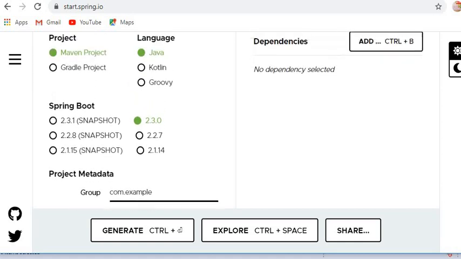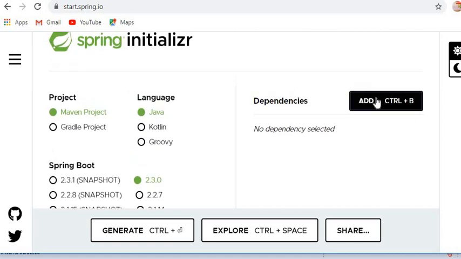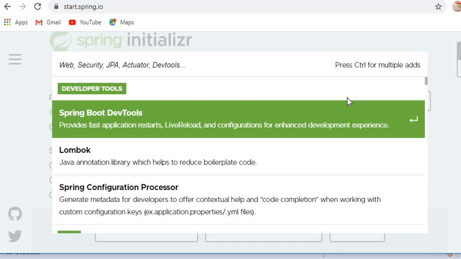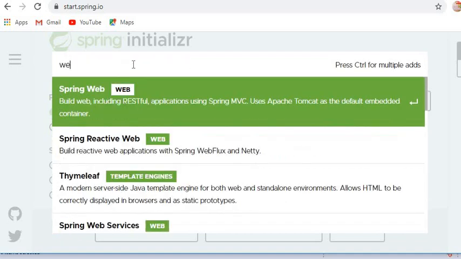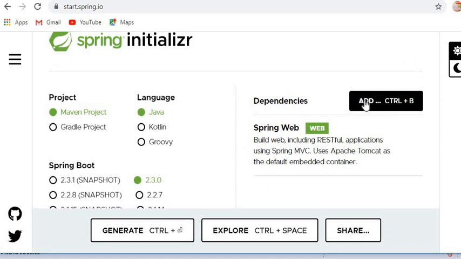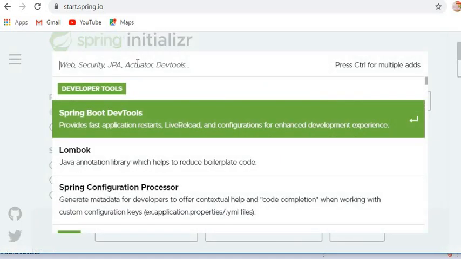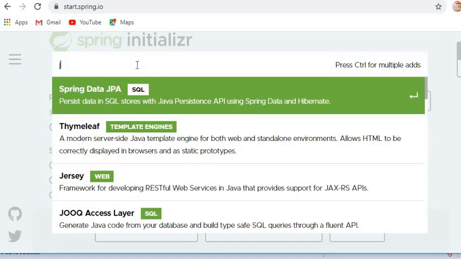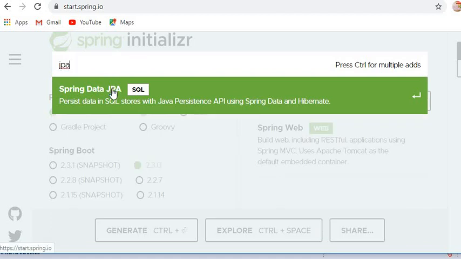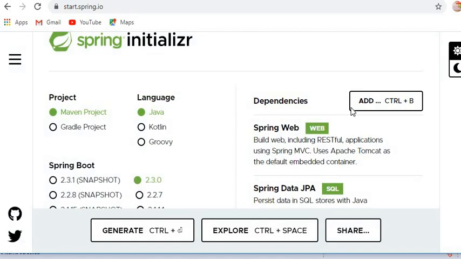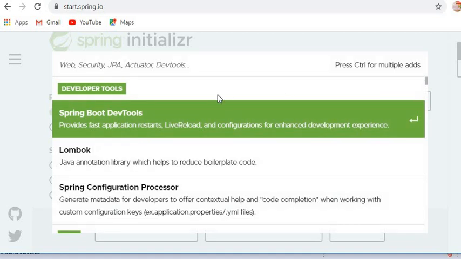Now we need to add the dependencies. Here I will add 4 dependencies. First one is Spring Web, and the second dependency that we need to add is Spring Data JPA. And next, if we want to communicate with the MySQL database, then we need to use connectors.